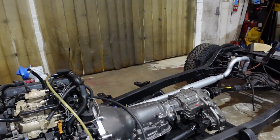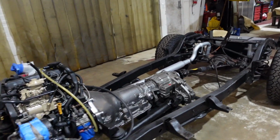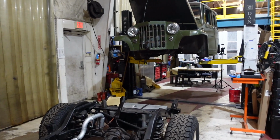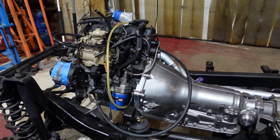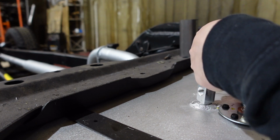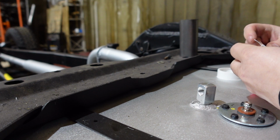Dial in all the firewall stuff, wiring, and all the other little odds and ends to get this thing on the road. I'm trying to make it to Hot Rod Power Tour, and it's a few months away, so hopefully we make it, and that's going to be the true test of this thing. So let's get started. Alright, just going to wrap some Teflon tape around our MPT fitting here,